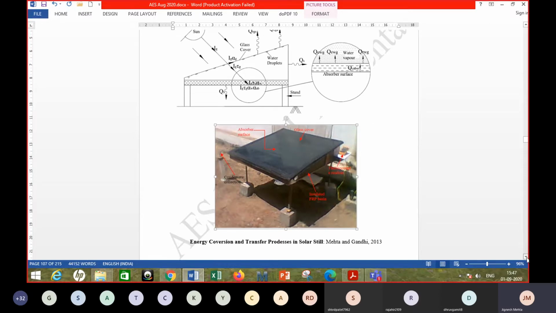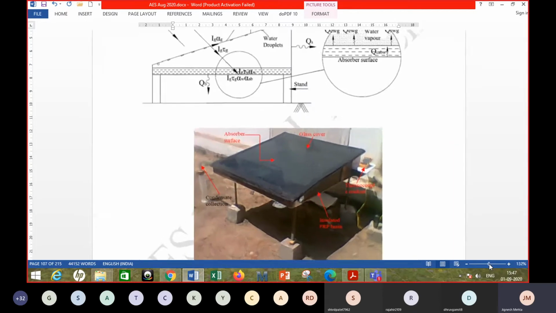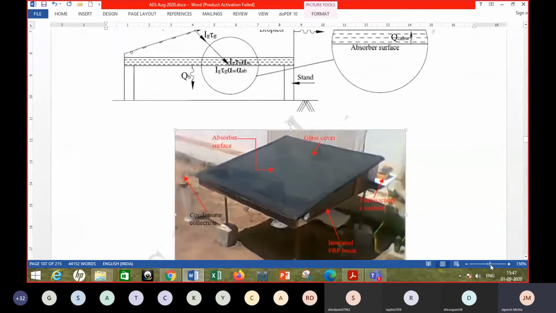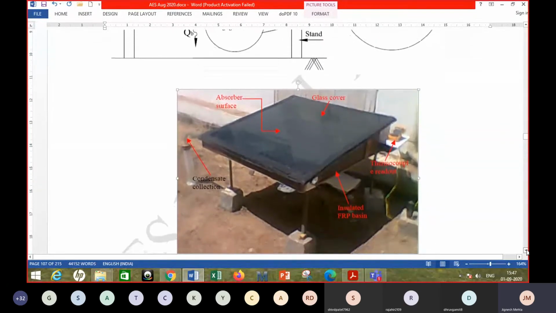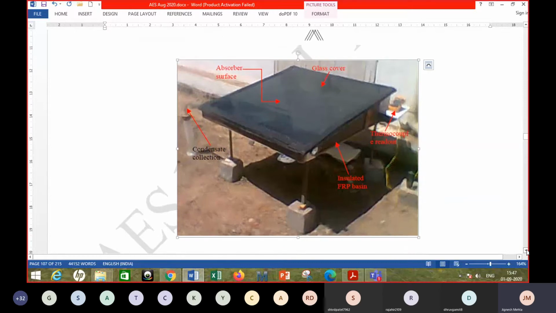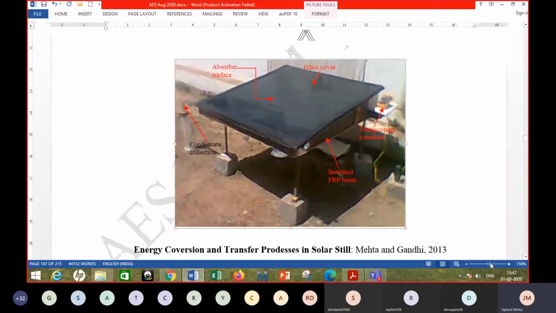We had done several experiments with that, with water, as well as something called liquid desiccant. That's actually nothing but a salt solution. Salt concentration is high. That's perhaps the only difference between saline water and liquid desiccant, and the type of salt may be different. Experiments were done with water as well as with liquid desiccant, and this is the experimental setup that we had prepared. The steel is actually a ready-made one.